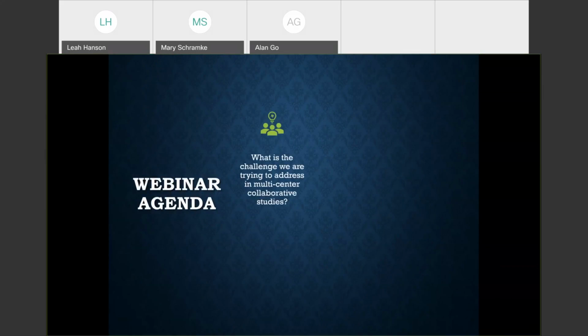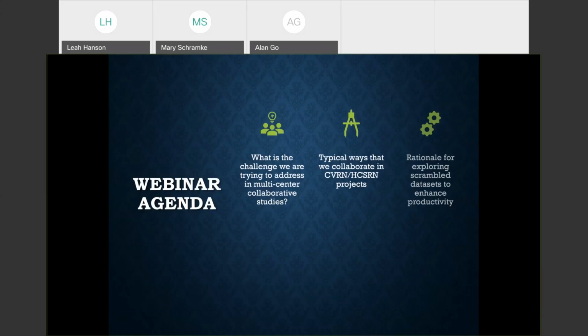Well, the one thing is that we face challenges in any kind of multi-center collaborative study of how to get the most out of it, and we're going to work on a potential approach for that. So in terms of the typical ways we collaborate in the Cardiovascular Research Network and more broadly in the HCSRN, that would be something that will hopefully be many of your experiences and can talk about the strengths and limitations